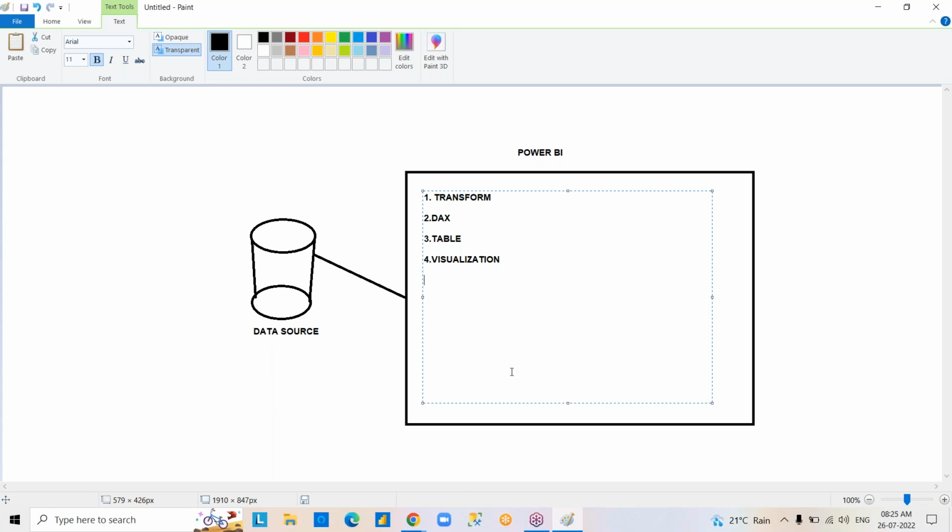Then after creating visualizations, you are going to publish your work, right? So why are we publishing this work? See, the reason is